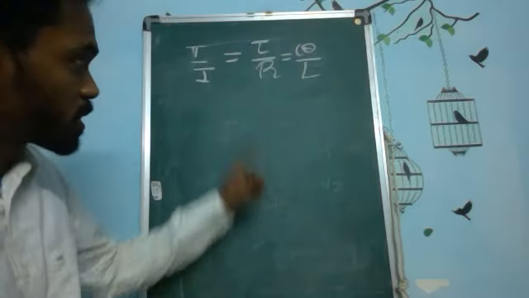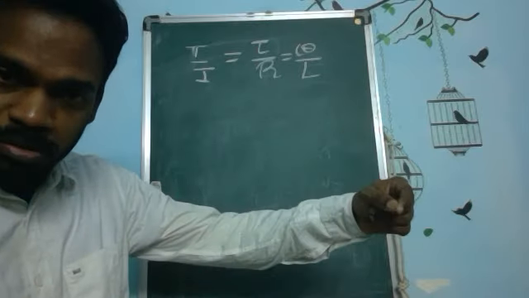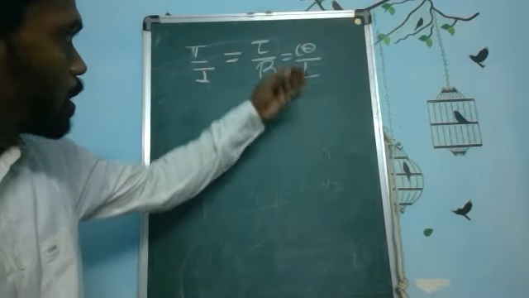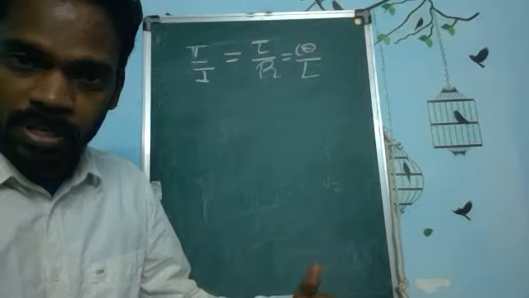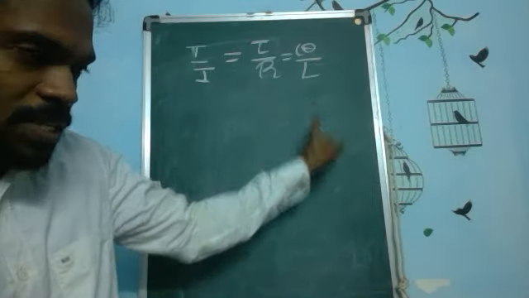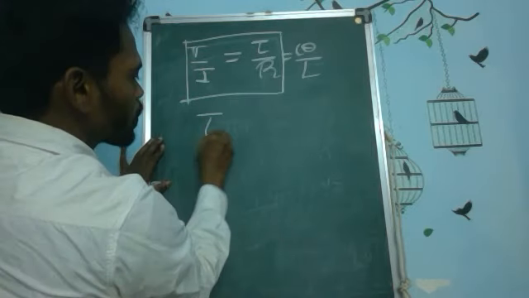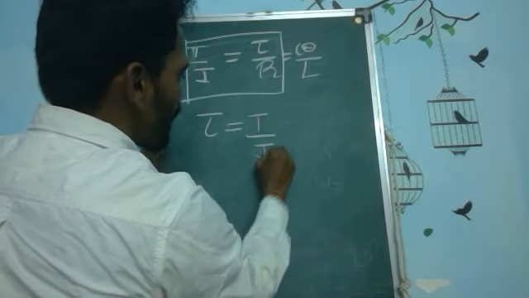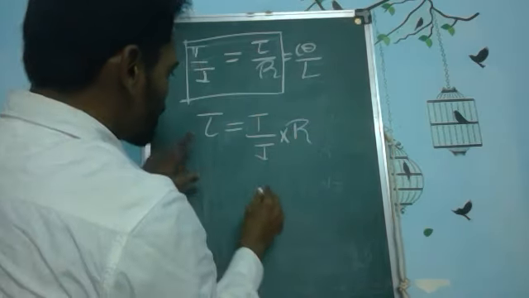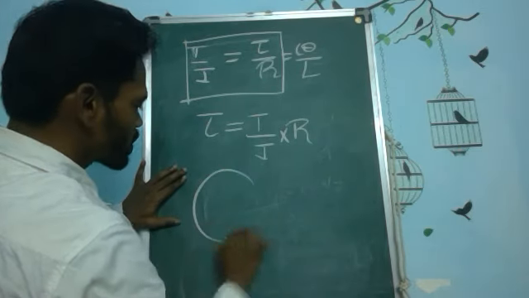Tau is the shear stress. Capital R is the radius at which you are trying to define the shear stress. C is the modulus of rigidity, theta the angle of twist, and L the length of the shaft. Now you take the first two terms and you try to work out the shear stress. It's T by J into capital R, which means that this is the value of the shear stress at the